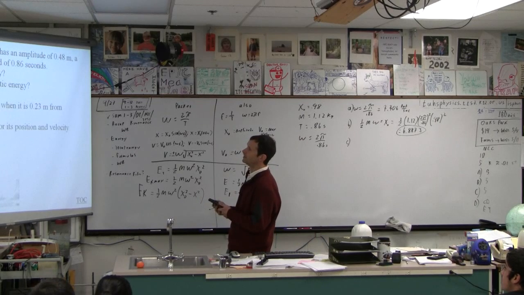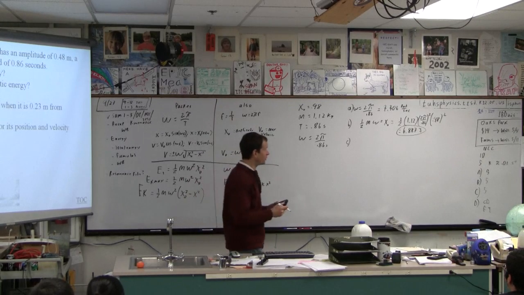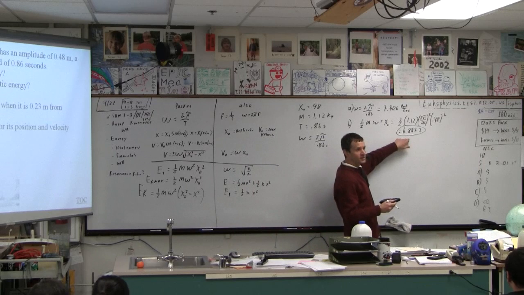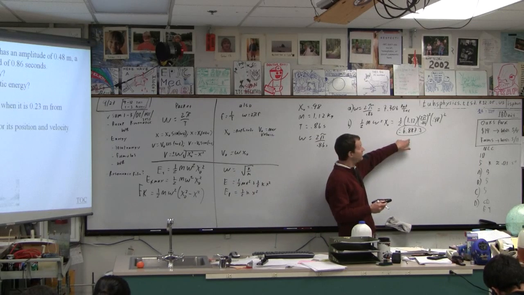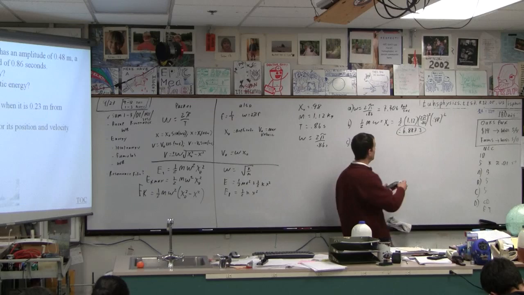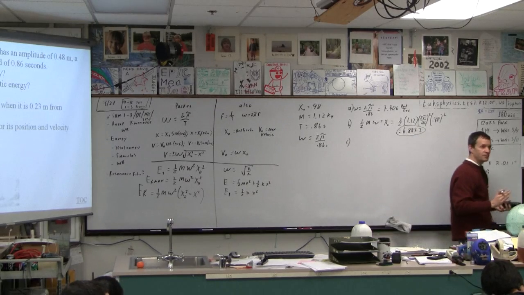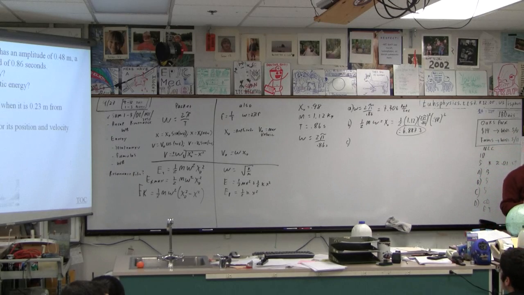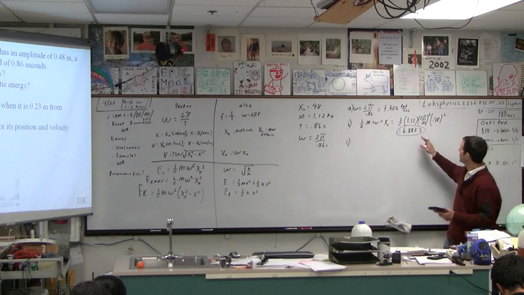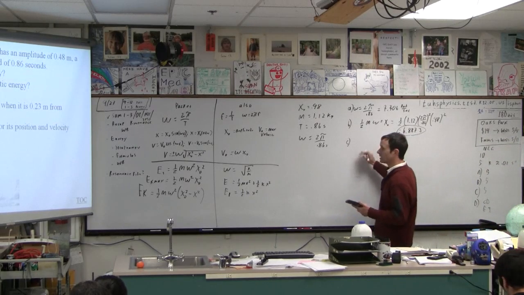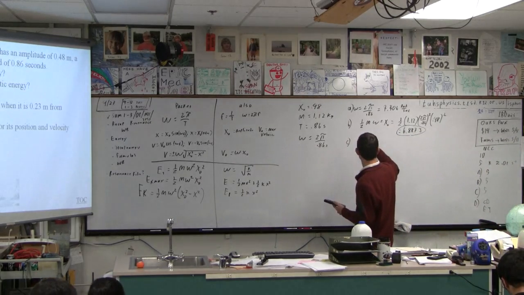What's the total energy? Anybody want to give that one a stab? If the maximum kinetic energy it's got is 6.887, then what do you suppose the total energy is? 6.887, because when it has this much energy, where is it? It's in the middle, and so it has how much potential energy? None. That's why it's the maximum kinetic energy, because it's gotten rid of all of its potential energy, turned it into kinetic energy, right? So that's that, and when it gets out to the edge, its total energy is